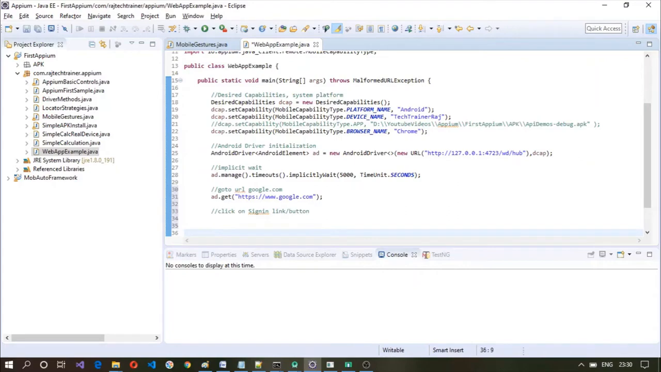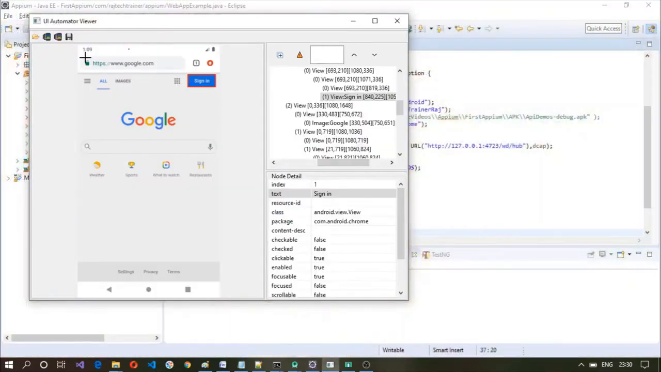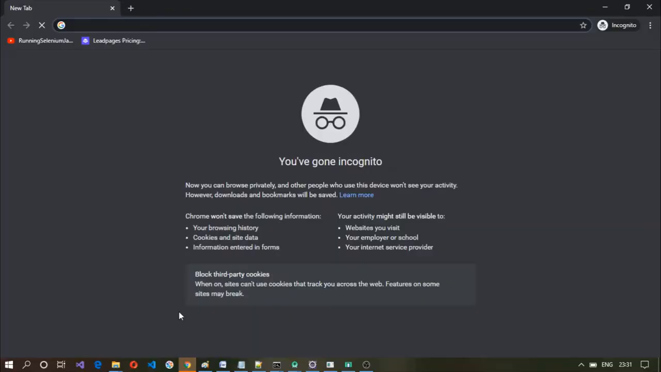Okay, after this we are going to close the driver here, ad.close so that it releases all the memory held by Android driver object. Okay, so we are left with this sign in link or button. Earlier we have seen that we have used UI Automator Viewer to work with the controls. Since we are dealing with web application,